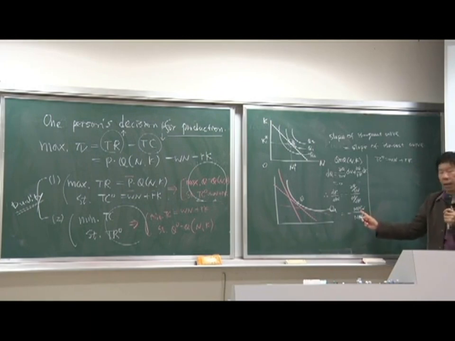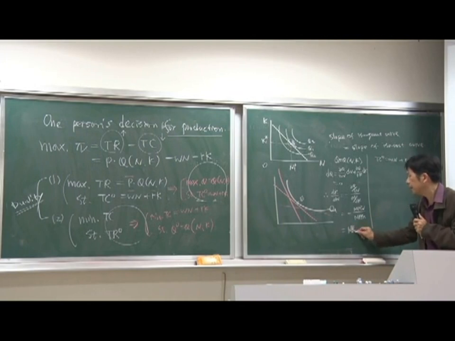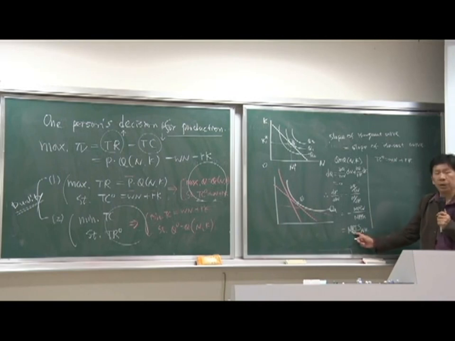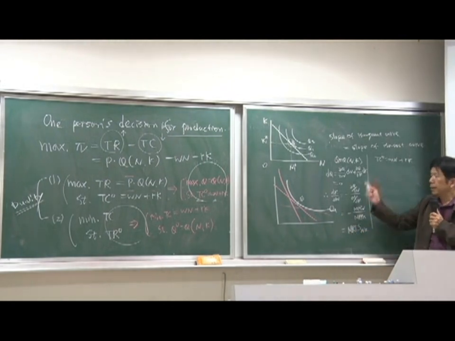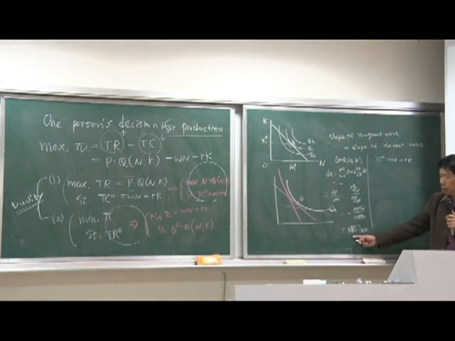This is the marginal productivity, or marginal physical product. And then we also have a special name. We call this MRTS of N and K. So actually, in consumption we use the MRS, but in production we change to the MRTS. This means the marginal rate of technical